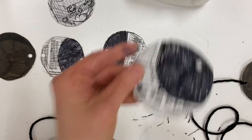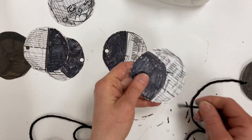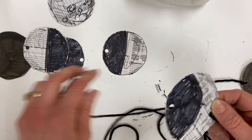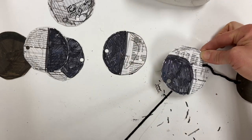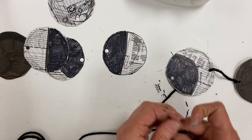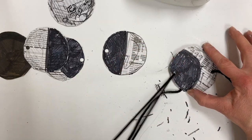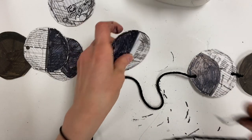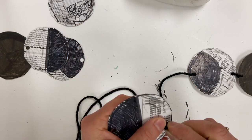That one is going to be my crescent moon, and I want it to be facing the inside. So they're all facing towards the middle. So I'll put the yarn through this hole first, pull it all the way through, and then put it through the next hole, right like that. And then pull it all the way through, and that will go on there. And then I kind of just stitch it in and out. So remember, the moons are facing towards the middle. So I'll put the yarn through this hole,